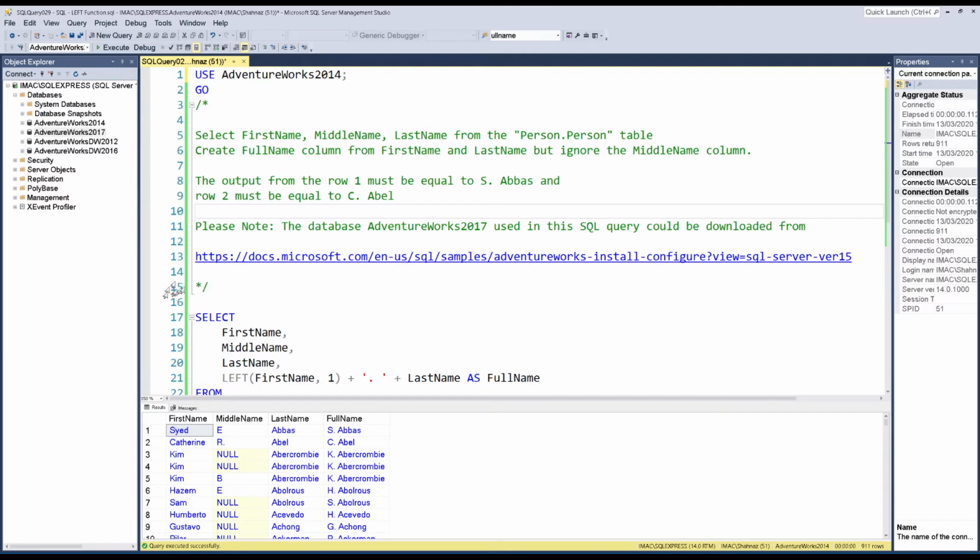There are some differences between the two, I think, but this query has no problem working on either 2017 or 2014. But let's keep 2017. Let's work with the latest version because that will be helpful in our coming queries, and the coming lectures. So, if you don't have AdventureWorks